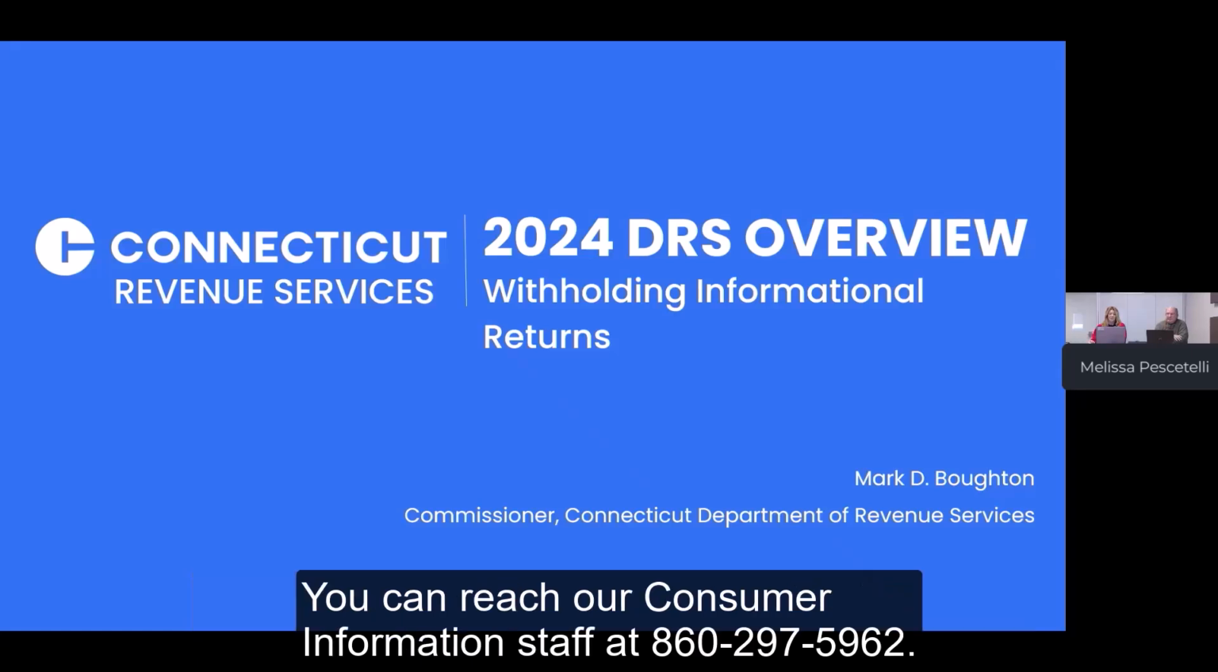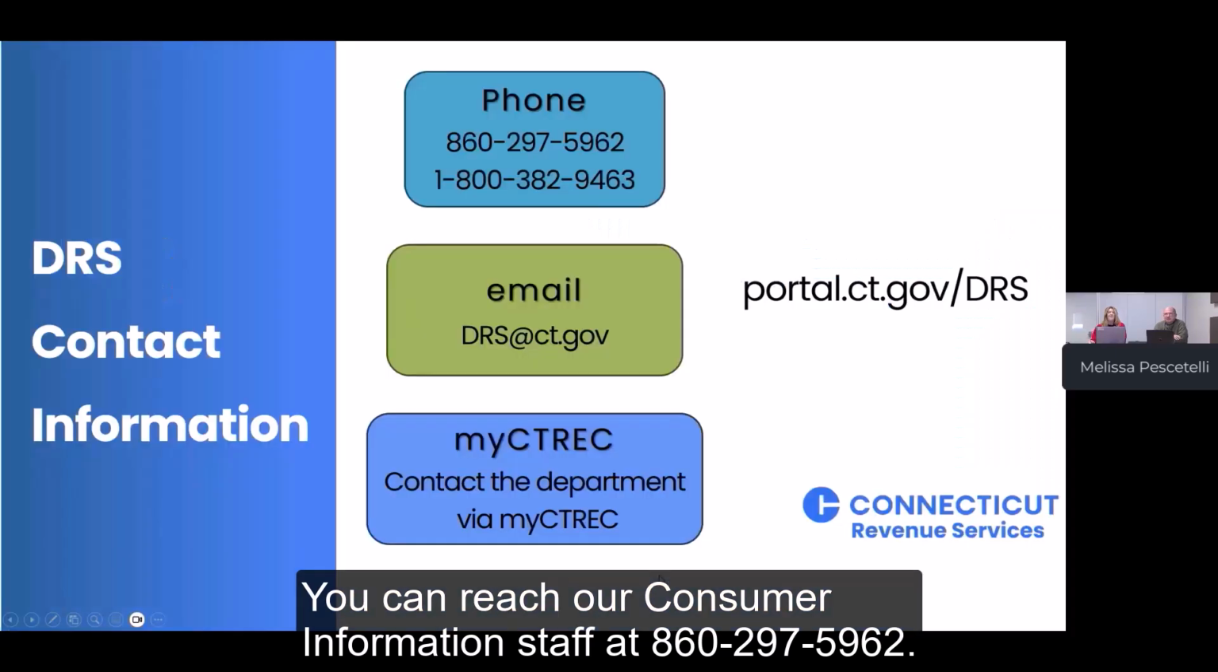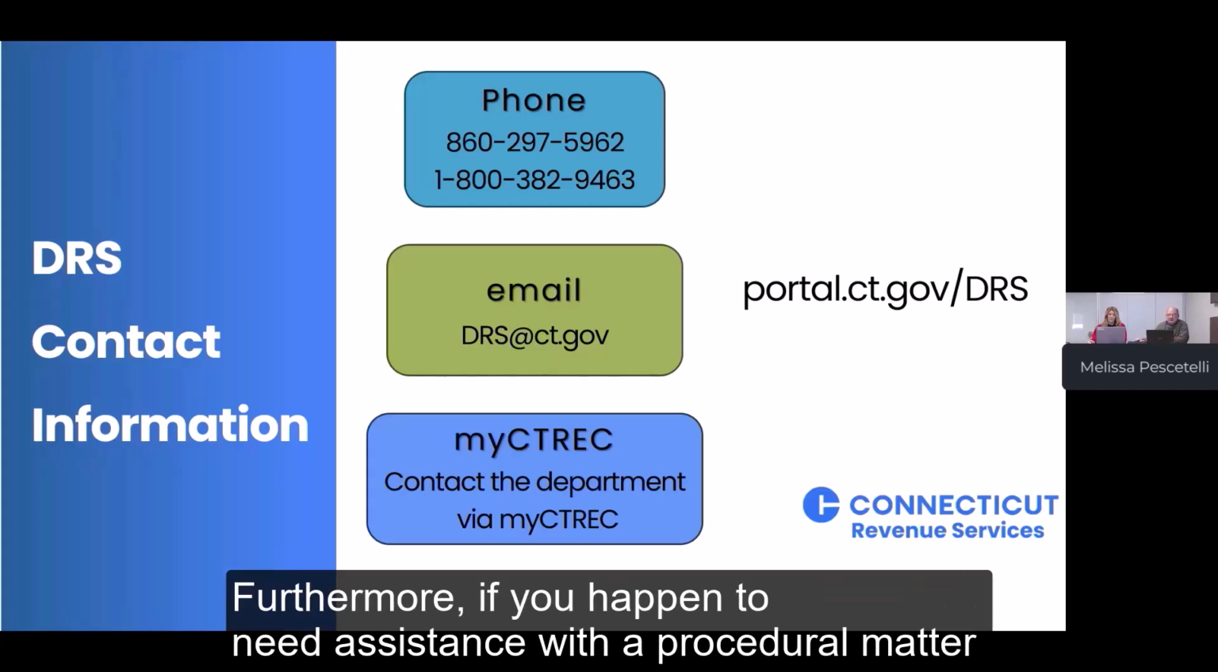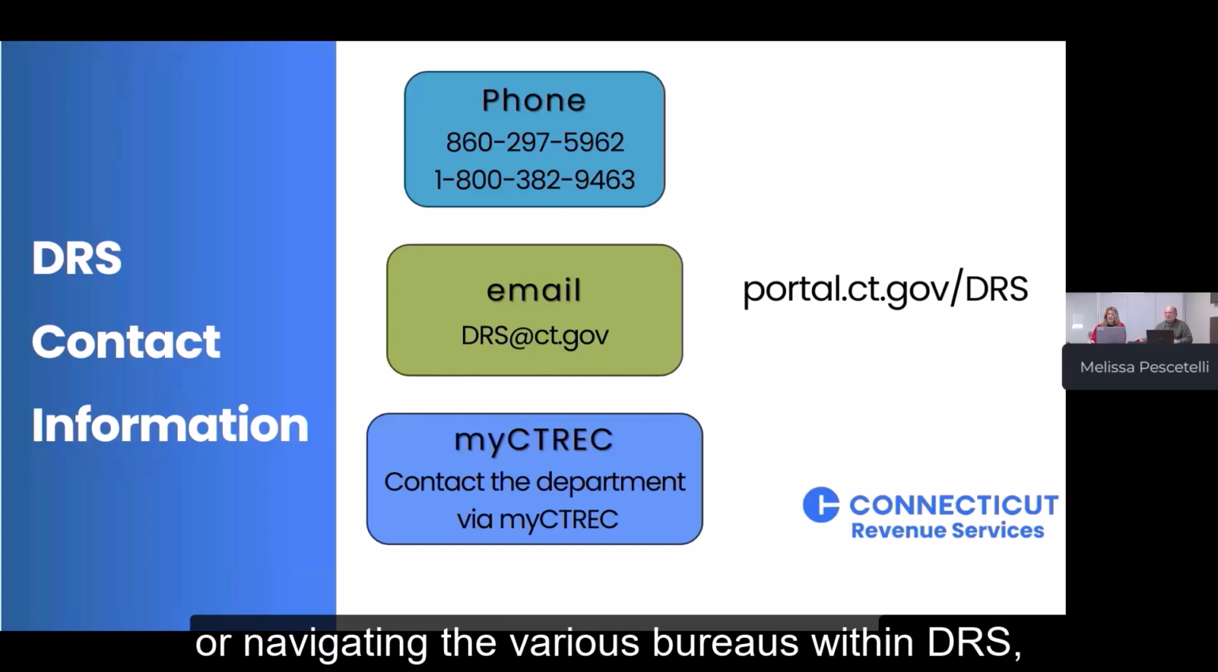You can reach our consumer information staff at 860-297-5962. You can also email your questions to drs@ct.gov. Furthermore, if you happen to need assistance with a procedural matter or navigating the various bureaus within DRS, you